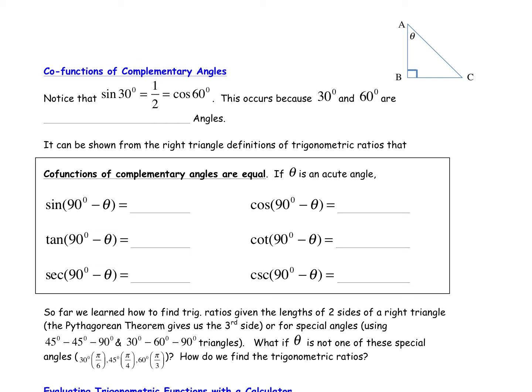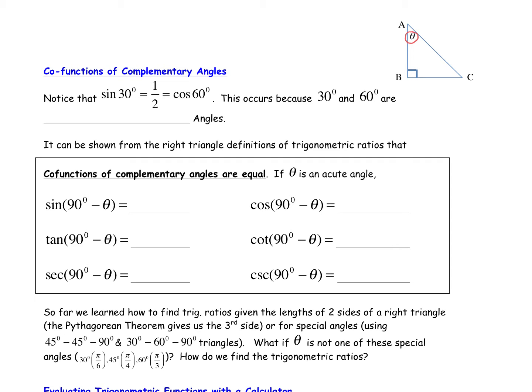In this video from Notes 6.2, we're going to explore cofunctions of complementary angles. So a cofunction is sine and cosine, or tangent and cotangent, or secant and cosecant. Those are what a cofunction is. So at the upper right corner of the page, I have a little right triangle. And I've labeled the vertices A, B, and C. And what we're going to do is look at an acute angle, which I've labeled theta, which